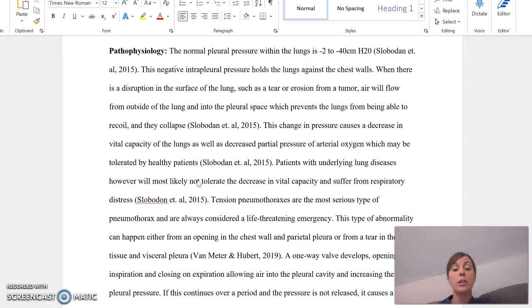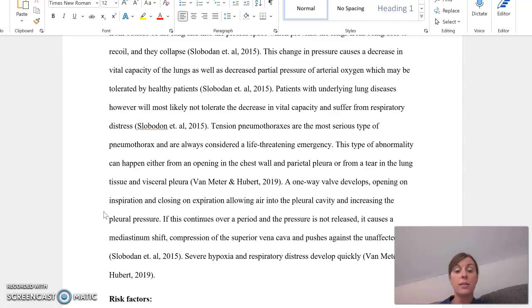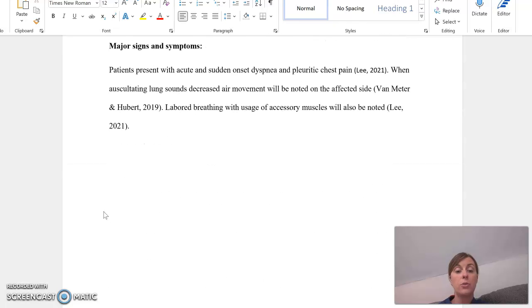This change in pressure causes a decrease in the vital capacity of the lungs and also a decrease in partial pressure of arterial oxygen, which in most cases can be tolerated by healthy patients. Patients with underlying lung disease, however, will most likely not be able to tolerate the decrease in vital capacity and suffer from respiratory distress. So I'm just going to scroll down here so I can show you the image that